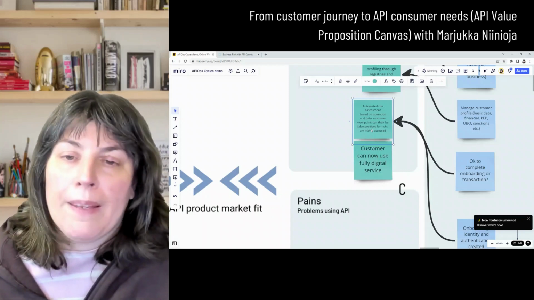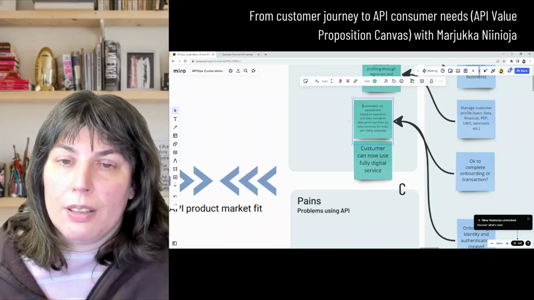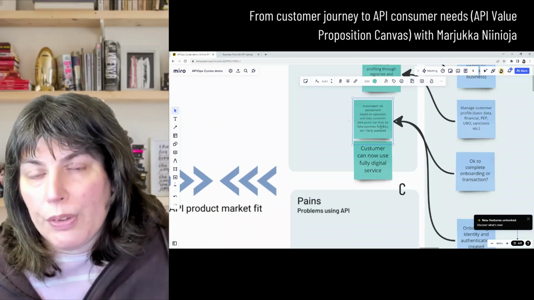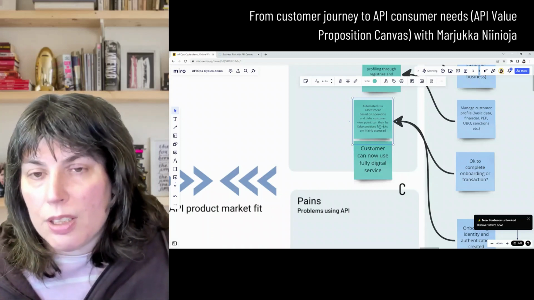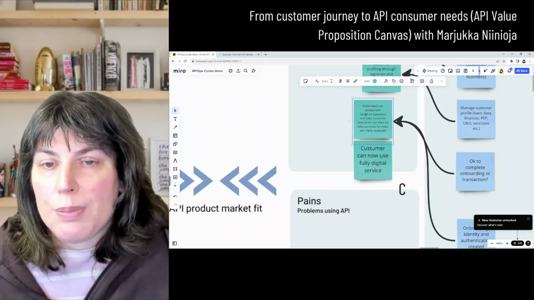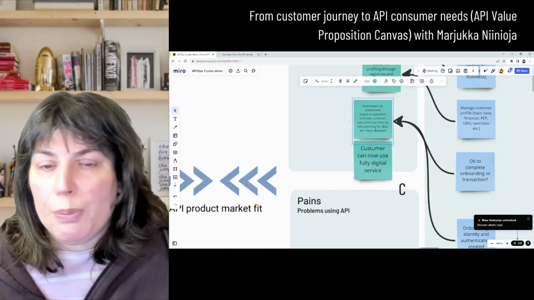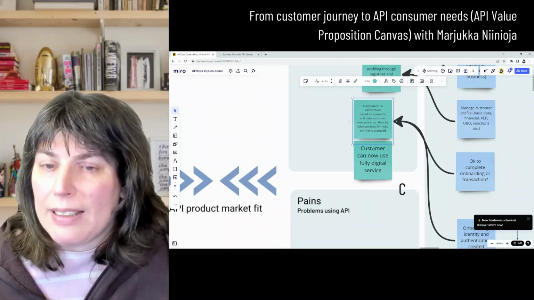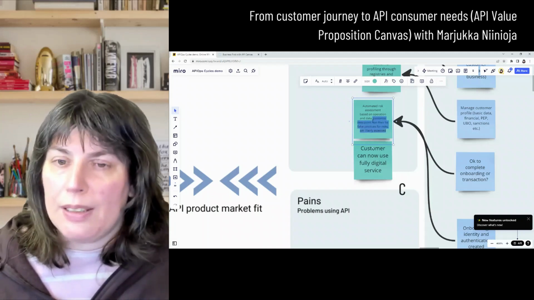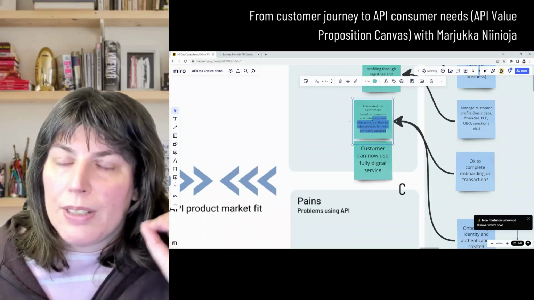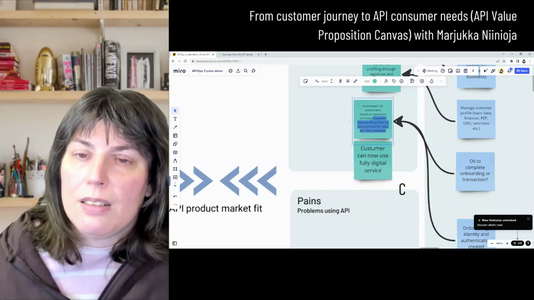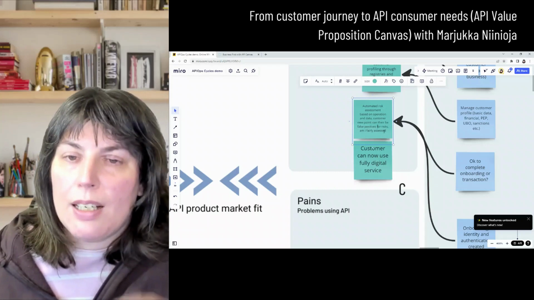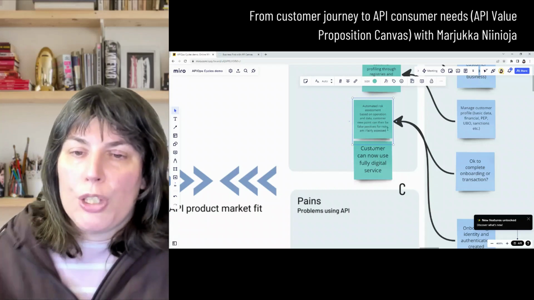Now, the way that this particular gain is written, this is more from the point of view of the end customer again. So automated risk assessment based on operation data, customer viewpoint, can there be false positives of risk, am I fairly assessed? These are almost like pains in a way, because we should separate this. If we are writing this as a gain, then we have to know how secure is this, how trustworthy is this. So we should formulate this so that